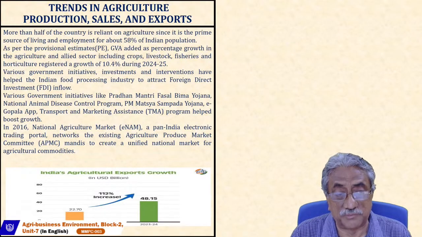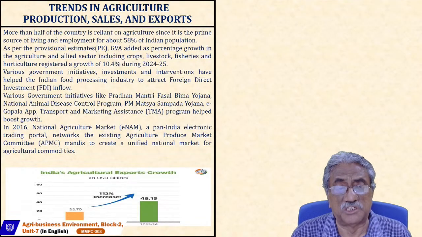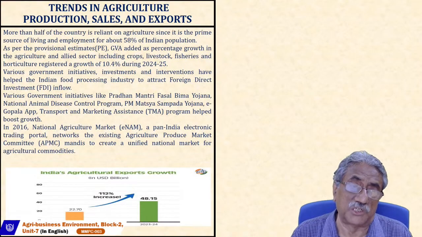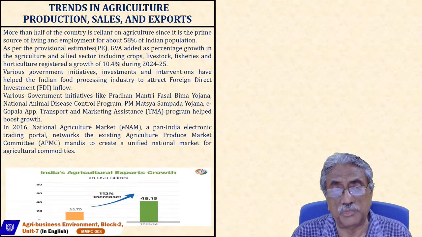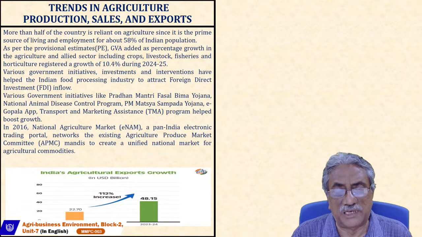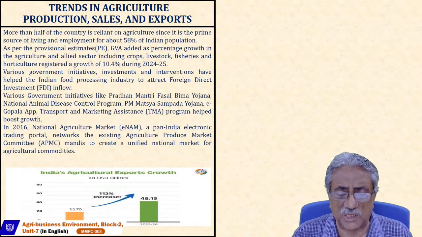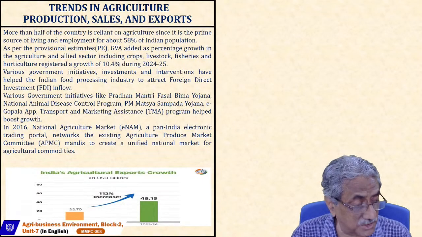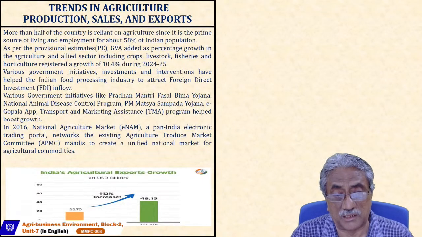Below, I have given a small graph showing how between 2013-14 and 2023-24, 10 years, our exports have increased. Agriculture exports have grown, partly because during COVID there was a huge demand for agricultural exports in outside countries, and also because of the huge land mass we have. There is a demand for agriculture products in different countries which are unable to produce sufficient agricultural products. So they are importing from us, like Arabian countries and Europe, etc.